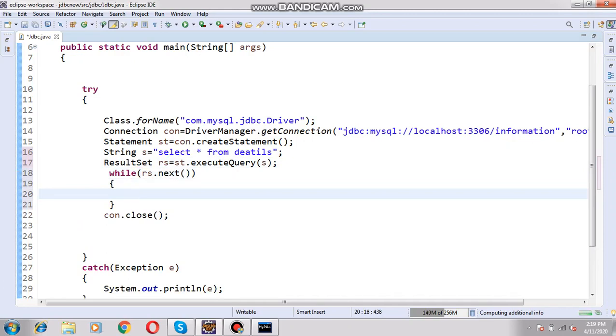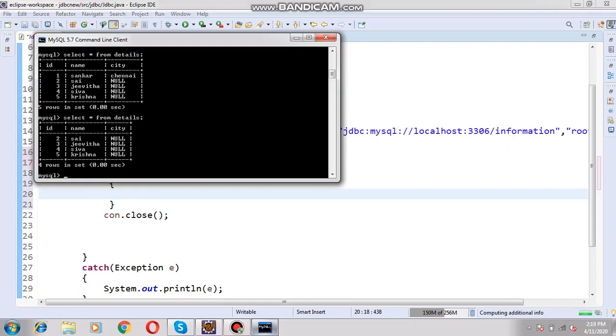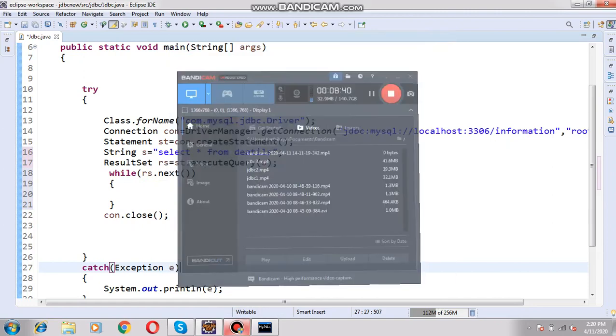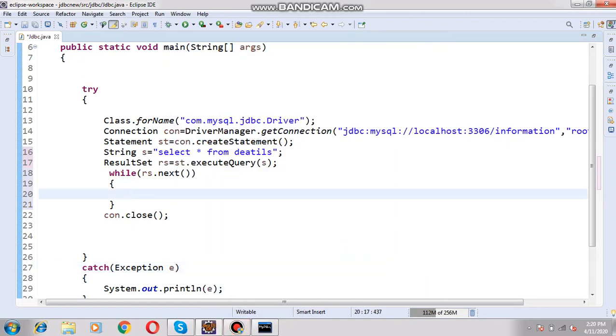First it will print 2, then 3, 4, 5. Even to print one value, we have to use next. Next is an inbuilt function in the result set, which we cannot change, so we definitely have to use it.